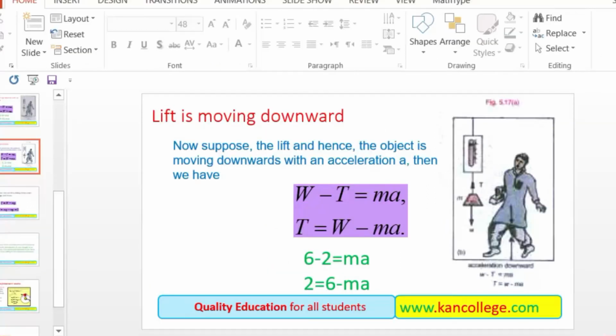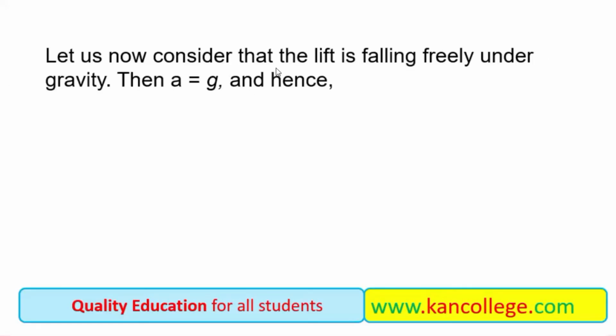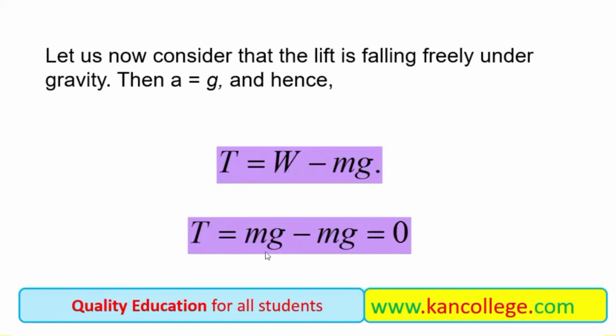It means that tension is decreased to a value 2 as weight was initially 6, but some part of the weight is decreased because of downward acceleration. Let us now consider that the lift is falling freely under gravity. Then acceleration becomes equal to acceleration due to gravity, and hence the net tension in the downward motion will be equal to 0, as acceleration becomes equal to g,